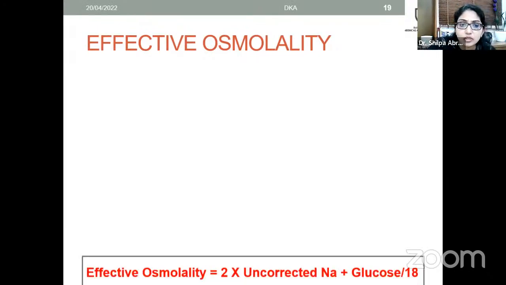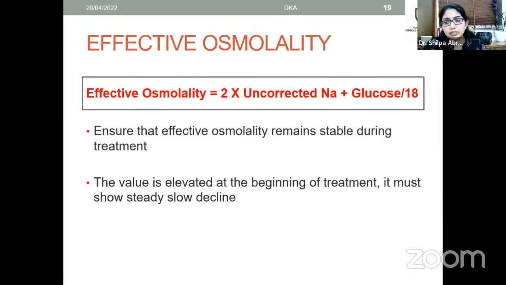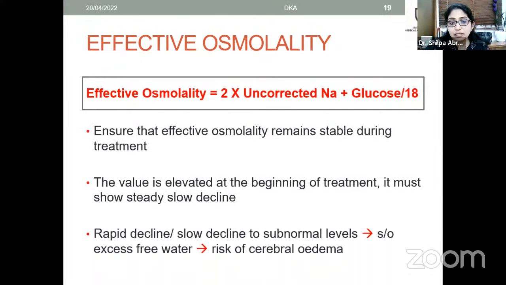So what is this effective osmolality? You know the equation of serum osmolality, which is 2 into sodium plus glucose by 18 plus blood urea nitrogen by 3.6. Effective osmolality does not include urea, it just includes the sodium and glucose. Urea being an ineffective osmole is excluded, and the rest of it is included, that becomes effective osmolality. So what is our goal during treatment is that we have to ensure that the effective osmolality remains stable